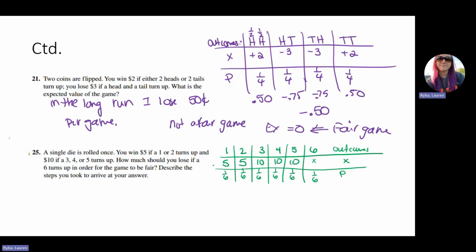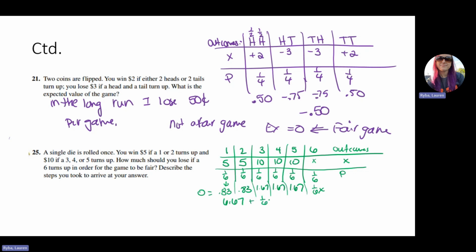So let's see, if I start multiplying here, this is going to give me roughly 83 cents. 83 cents divided by 6. $1.67, $1.67, $1.67. I'm rounding. And this is 1/6 x. So we know that in order for this to be fair, if I sum all of these, it has to equal 0. So if I take 83 cents plus 83 cents plus $1.67, 1, 2, 3 times, that gives me a total of